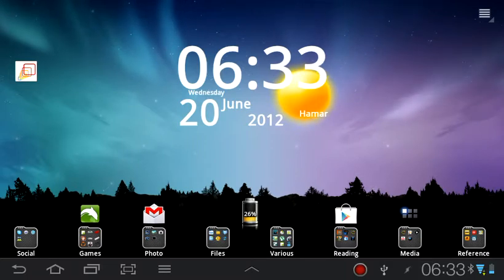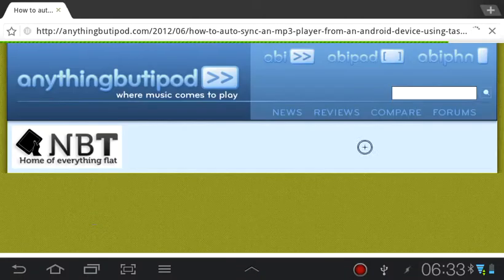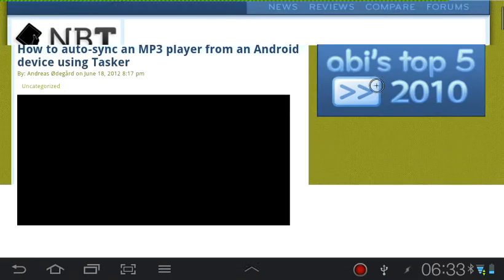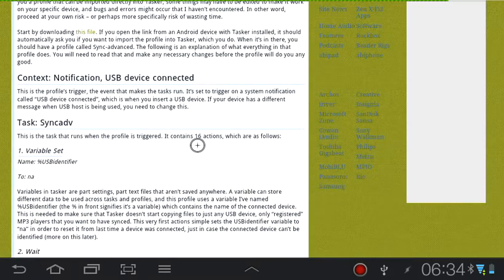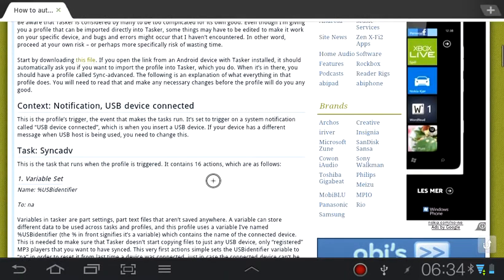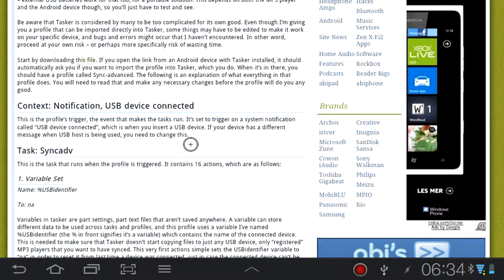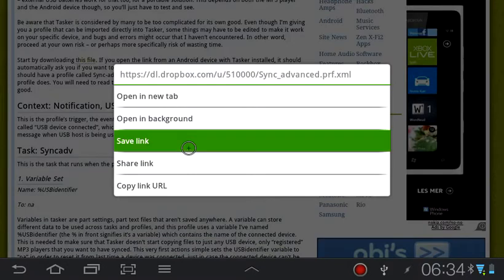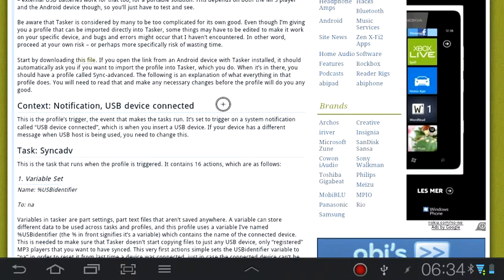So once you have that set up, you basically go into the article and you scroll down to find a cleverly hidden little link to say download this file, and then you want to save that. You don't want to open it because it will actually try to open the XML. There we go. And you want to save that file to your device,